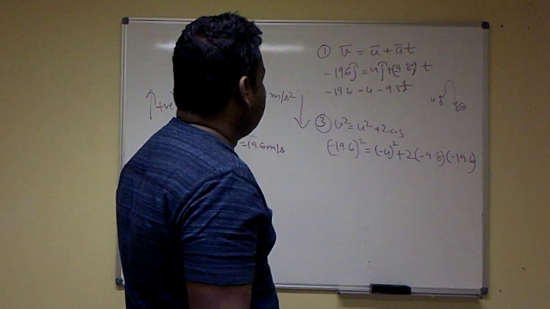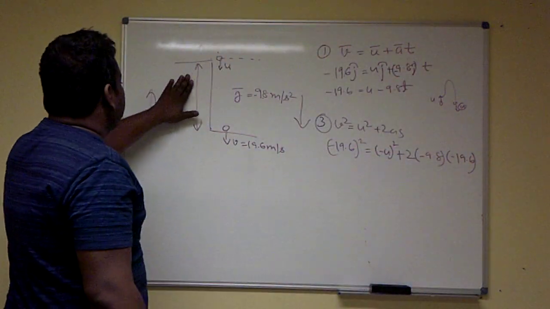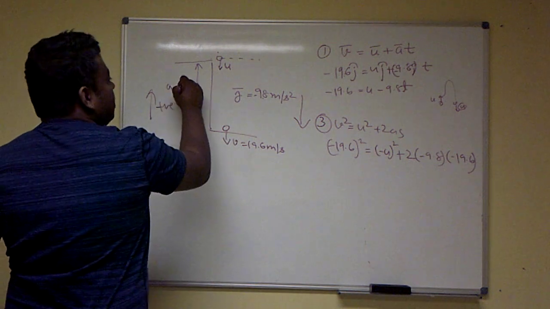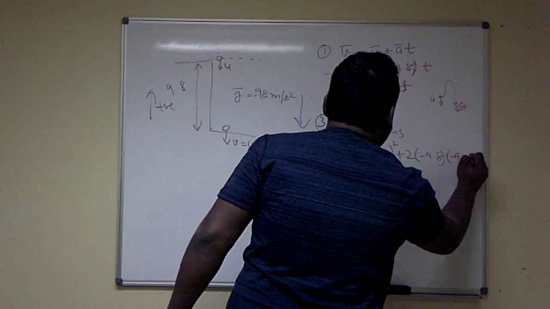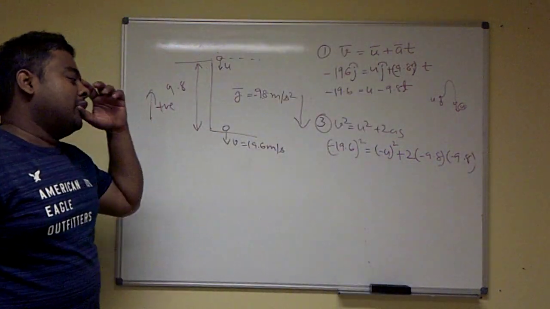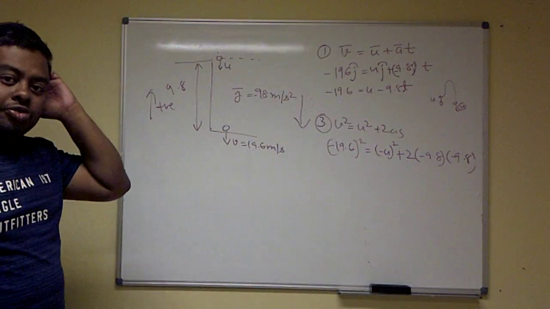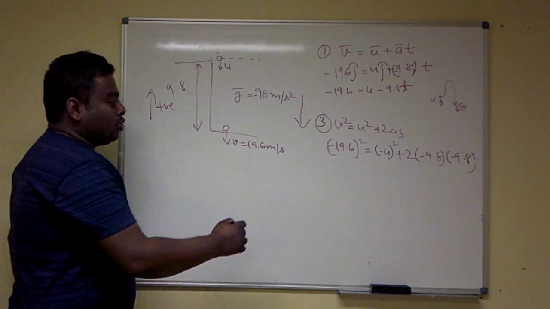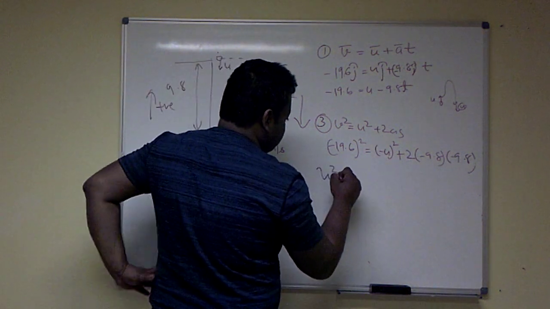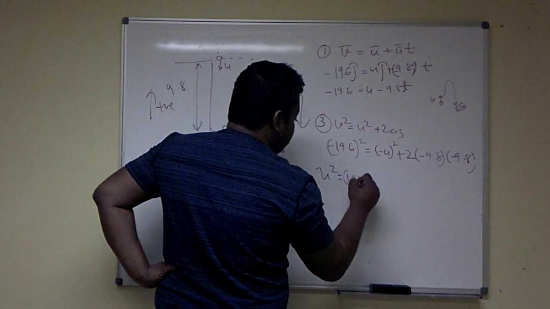So that's about that. I think the building height was 9.8 in the earlier case, so let's just make it 9.8, as in example number 1. Just check for yourselves if that is still the case. Now we'll try to figure out what my velocity u square is. That is 19.6 whole squared